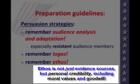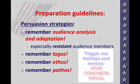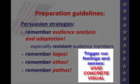As well, remember that key ethos strategy of goodwill, establishing that you accepting the point of view is something they can trust because you're not just doing it to win, but you're doing it because you have the audience's best interests at heart. And of course, remember pathos, the use of emotional appeals and sensory description in things like narrative